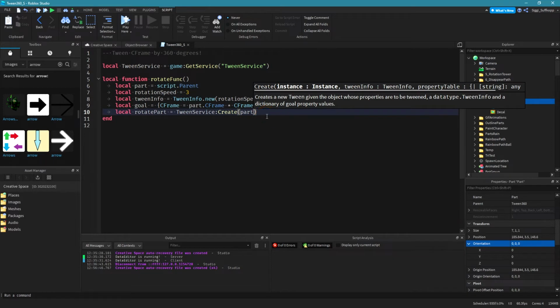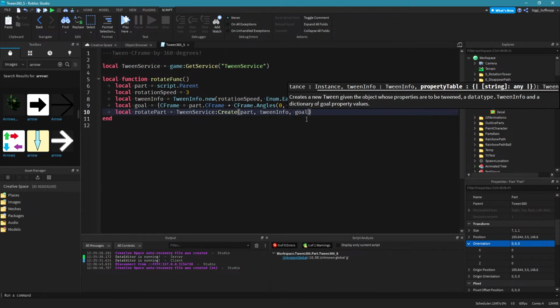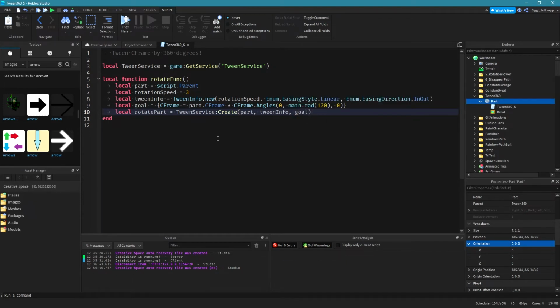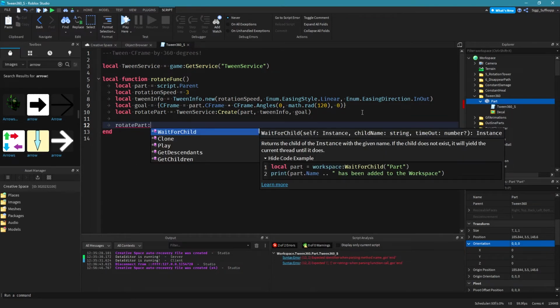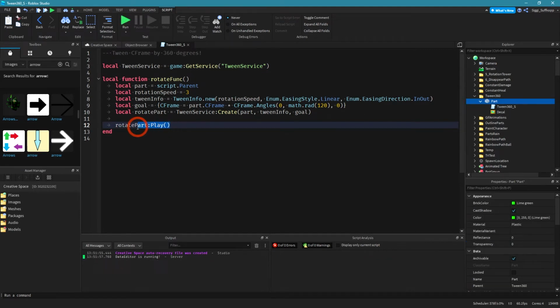And then I have to define the info. So tween info. No, not define. I have to set here the tween info and the goal, which is the last one. So after that, I have created my tween. I need to start to play the tween, and I do that with rotate part colon and simply play. So this line starts to play our previously created tween, which is this one, and after